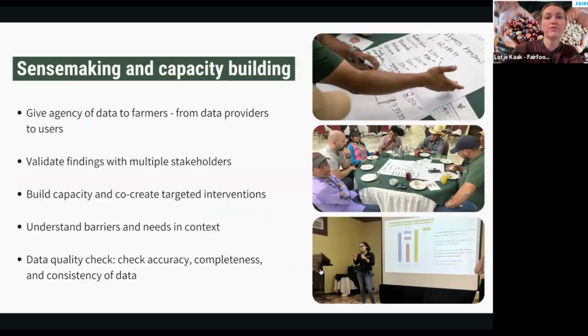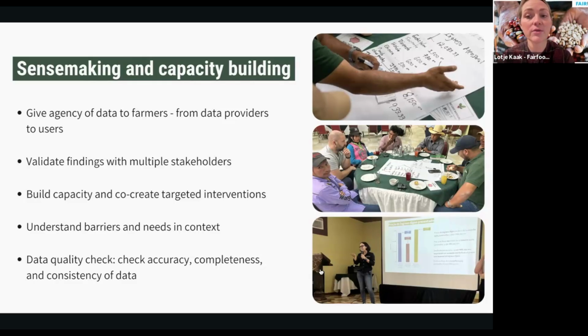And another part of the project that we have been working on, and another important step after the data processing has happened, we hosted several sense-making activities. We also describe this in the toolkit, which you can also access. We did this in the form of either workshops or focus group discussions, where we validated the findings with the farmer groups that were interviewed, and obviously also gave agency of their data back to them.